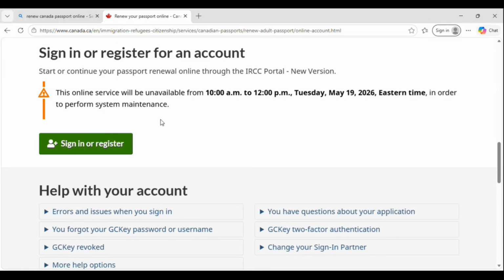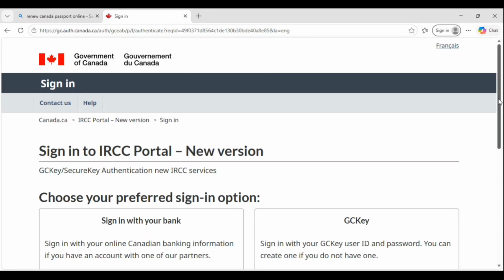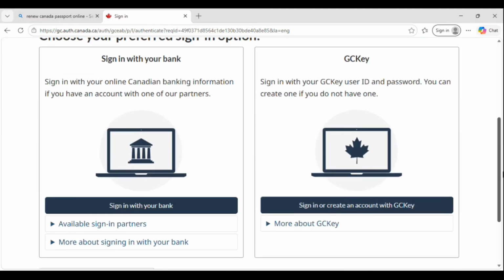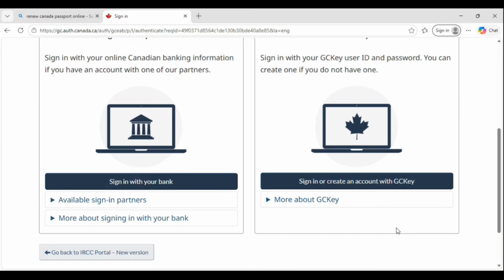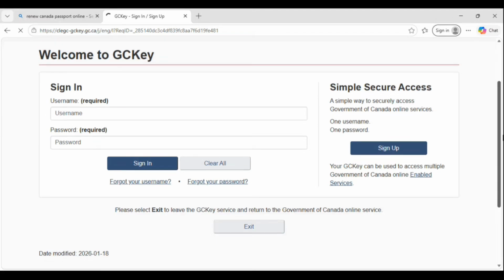So we are gonna sign in first. It is gonna go through the IRCC portal. Okay. So you can either sign in with your bank or you can sign in with your GC key. Okay, so how to create this, I have created a different video. I'm not going to go through that, but I'm going to log in and then I'm going to see you guys. Okay,